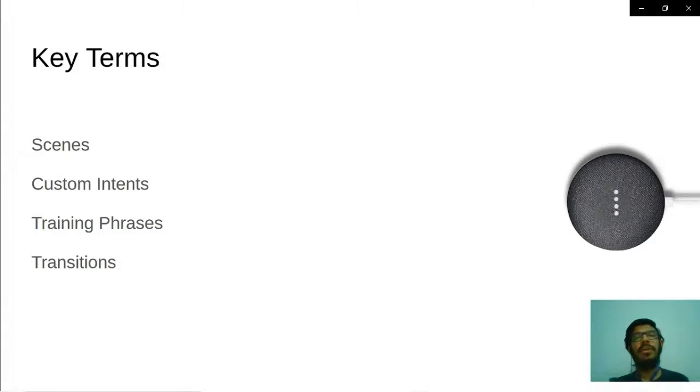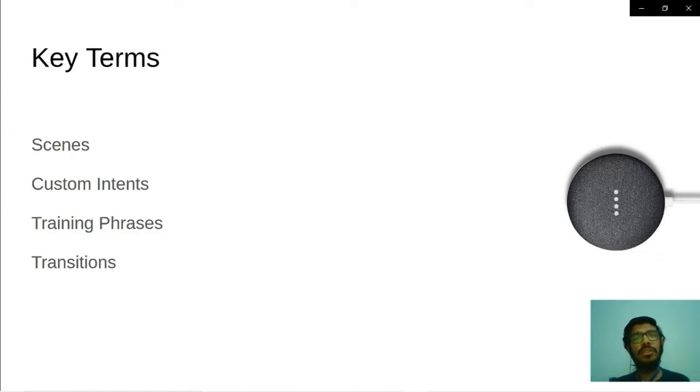Let's talk about custom intents. So what exactly are custom intents? Let's say I want to order coffee. Here I will say, please order black coffee for me. If you see the intent, my intention is to order, and the thing which I want to order is coffee. If after some time I say please order pizza for me or please order green tea for me.